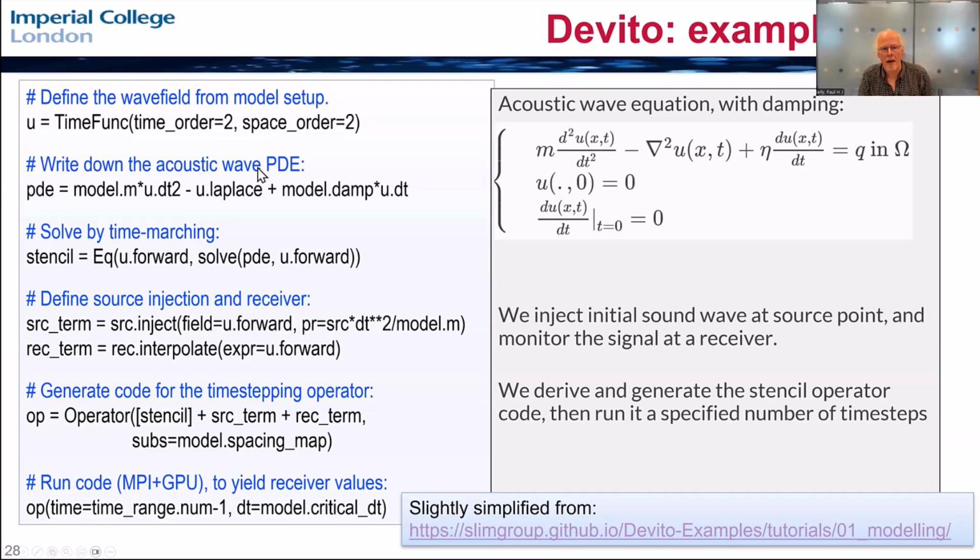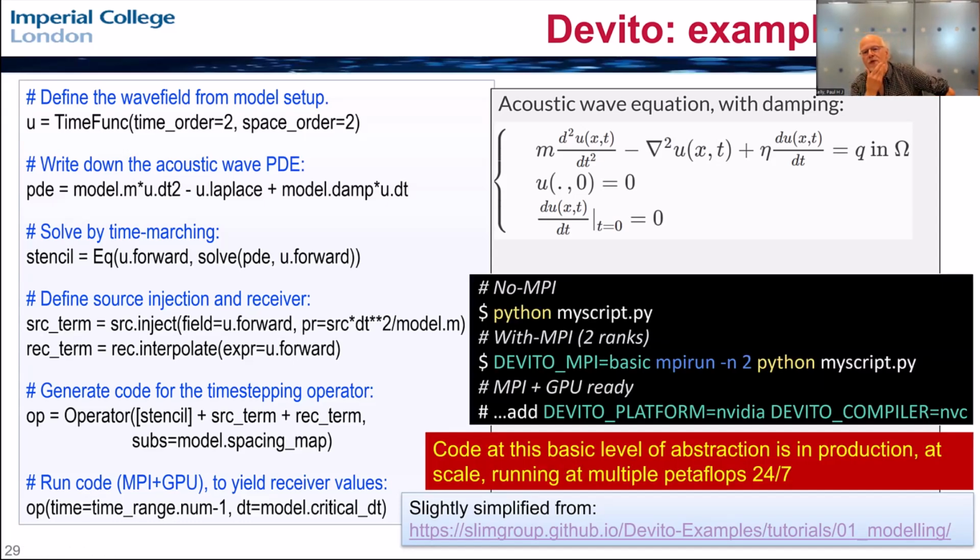We're setting up the mesh, the problem. We're defining the PDE. Here's the maths for the PDE. Here's the transcription. We automate generation of finite difference stencil by automating the textbook mathematics. A key thing in these acoustic problems is that we need to inject a sound signal and to model what a receiver does. So it interpolates the signal from various neighboring mesh elements or grid points in order to estimate what a microphone would receive. We put all that together and we can time step this thing.